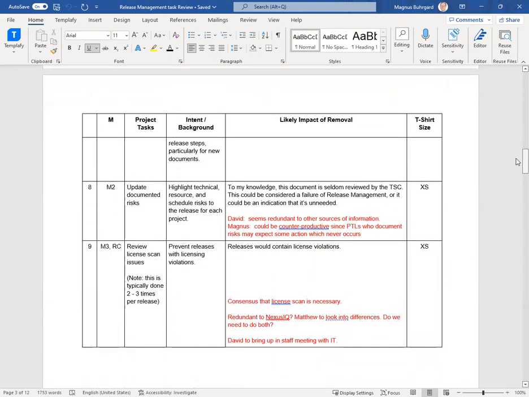Okay, we're coming to 8. Update documented risks, highlight technical resource and schedule risks to the release for each project. If you have centralized planning, this is what you normally do in a project, that you have early on a go at how the resources are. The t-shirt size here is extra small. It could be big, of course, if you want to make sure that you have resources. But this is one of the difficulties that the new process is trying to tackle,